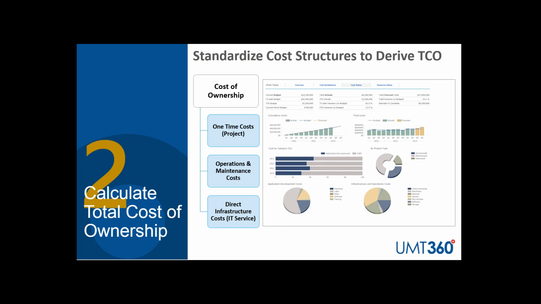Next, look at calculating cost of ownership information. Again, there's always a crawl, walk, run approach that can be taken here. So the decision is how to capture cost information first and foremost. You can start by simply capturing top-down cost information for an application itself, broken down by the key cost drivers, whether it's the one-time or project-related costs, ongoing operational maintenance costs, even direct infrastructure, IT service costs